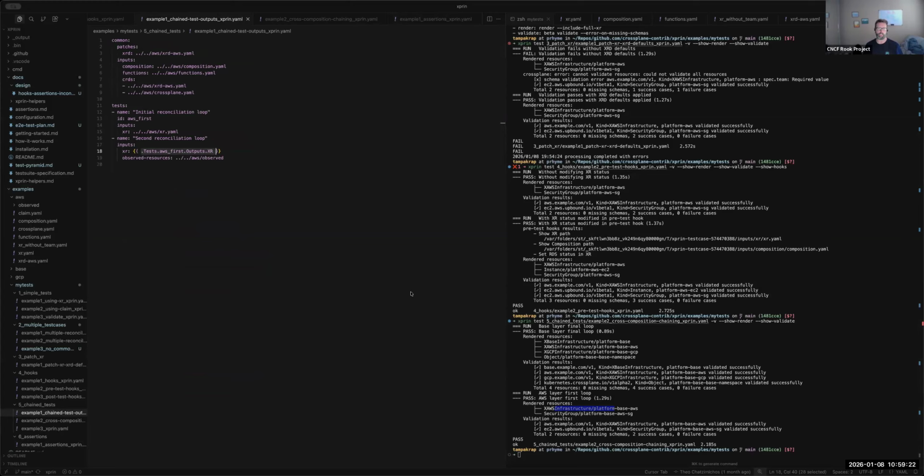Yes, and this is by design actually. People asked for the crossplane render to be able to support this, but it is clear that the desired way is to actually emulate only a single reconciliation loop. So yeah, this bridges the gap. Exactly. More questions?